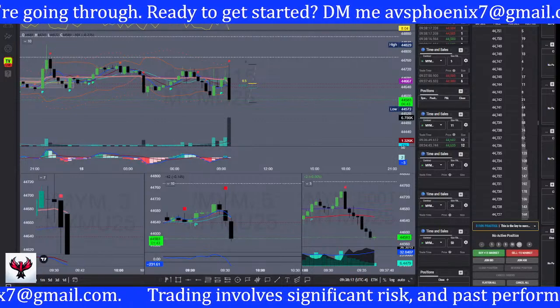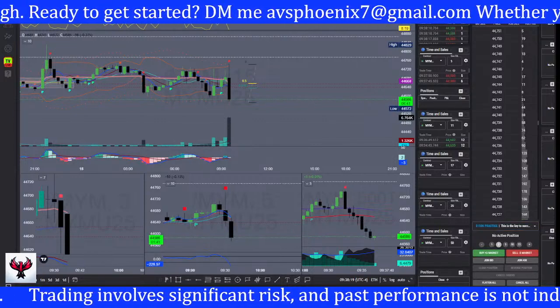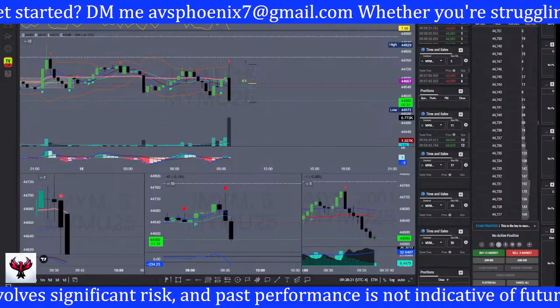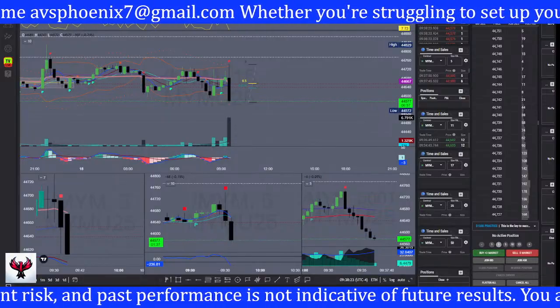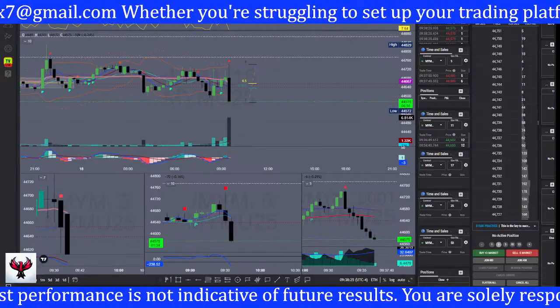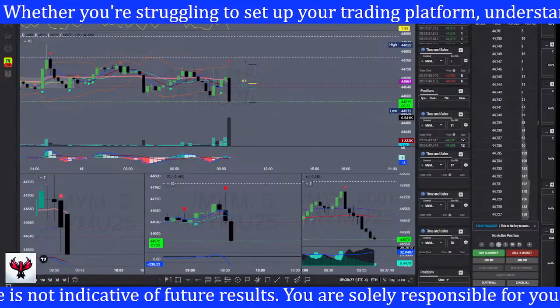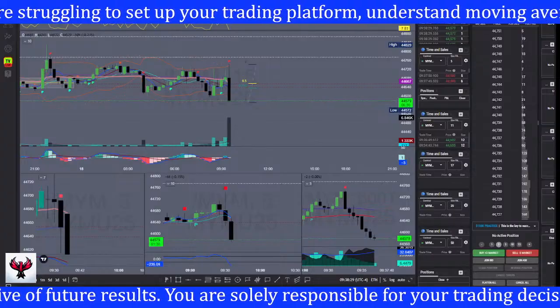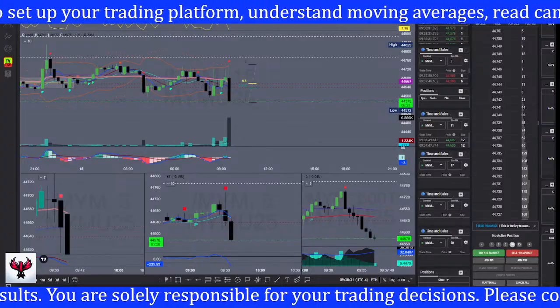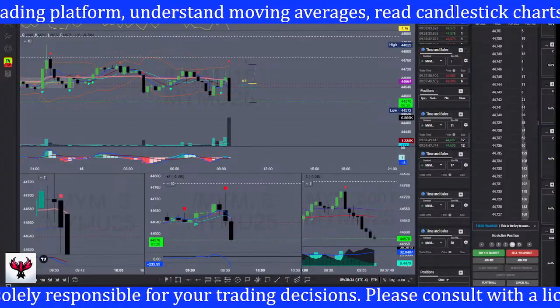What I was looking for: we got a pullback into the CPI candle at the lows. That 3-minute candle closed, we couldn't test the low, so I took a long. The reason I took it off is because this red line you see here is VWAP from CPI. Couldn't get above it, so I'm out. For that reason, I'm out. Shout out to Randy.